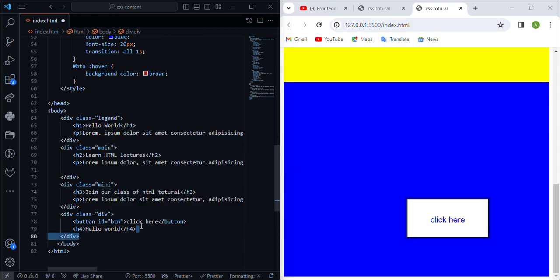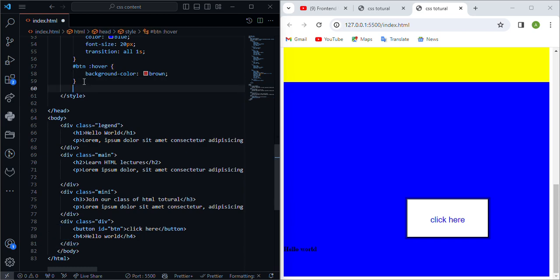When you save it, Control S, there is a hello world already here. When you want to style this element by using its tag, the tag is basically the opening tag and the closing tag. So when you come up there on the style attribute, we want to style this element, we say